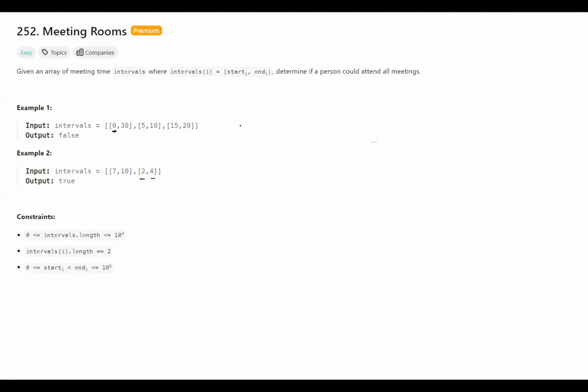Okay, so I hope you have thought about it, and I also hope many of you have figured out how to do this. So obviously, if we have multiple meetings, we can actually sort the meetings, right? We can sort the meetings based on, say, their start time. Anyway, we sort the meetings. If I want to attend all the meetings, the meetings after being sorted on a timeline